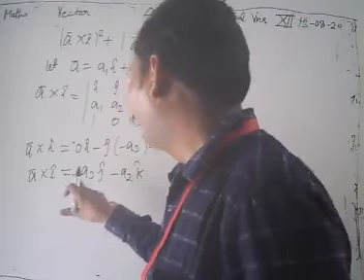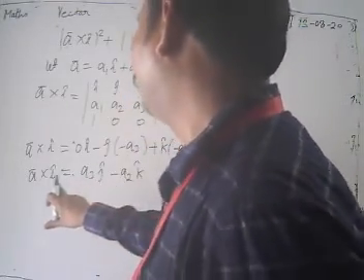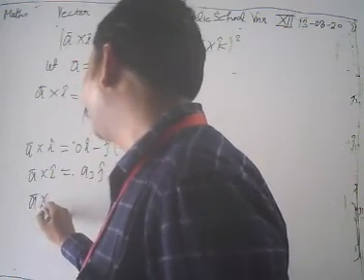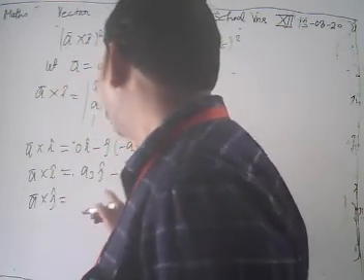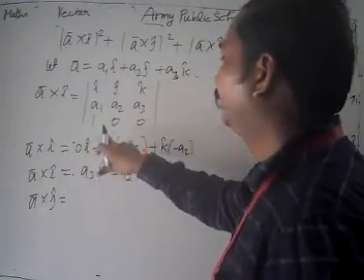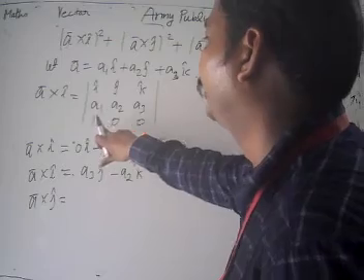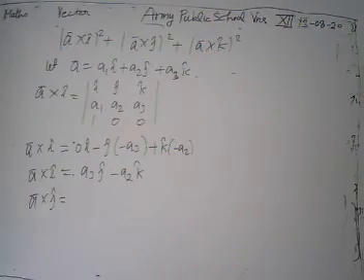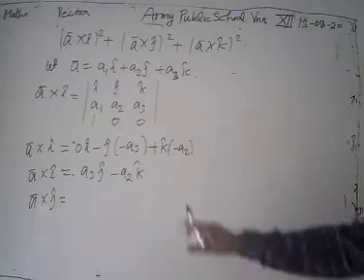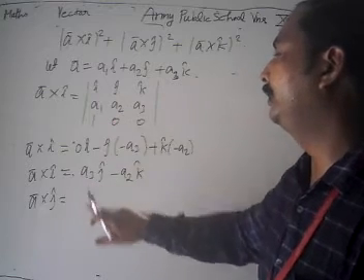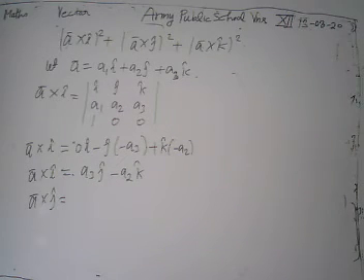Similarly, we see that vector A cross i is A3 j cap minus A2 k cap. In a similar manner, when we find vector A cross j, then we put the values here, and obviously we get 0, then 1 and 1. We have A3 j cap minus A2 k cap. Then we just have A3 minus A2, then we add A cross j. Similarly, we can get the rest.